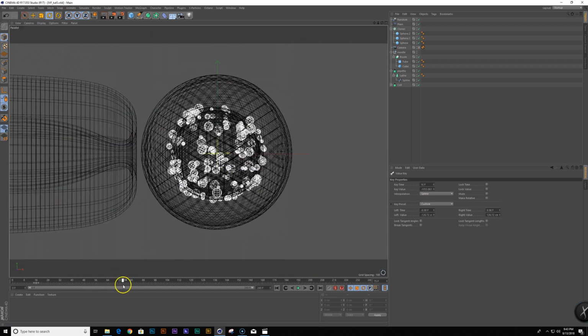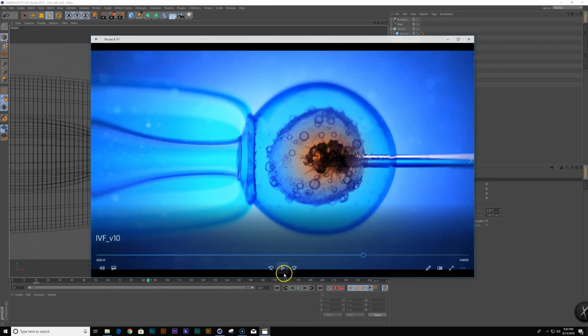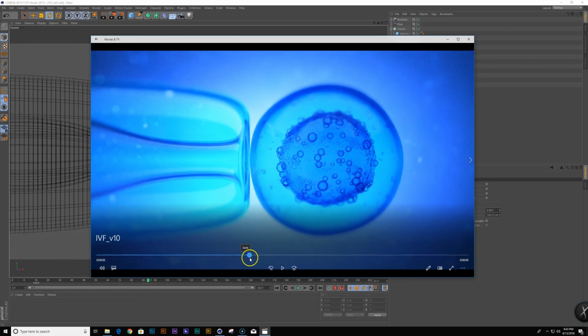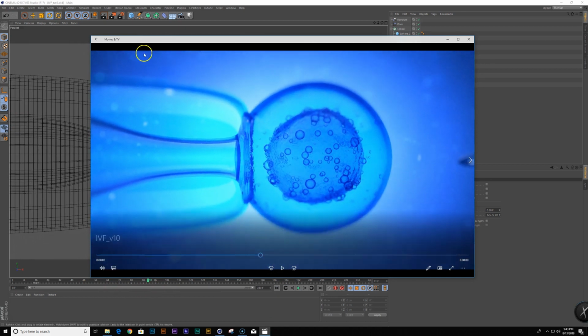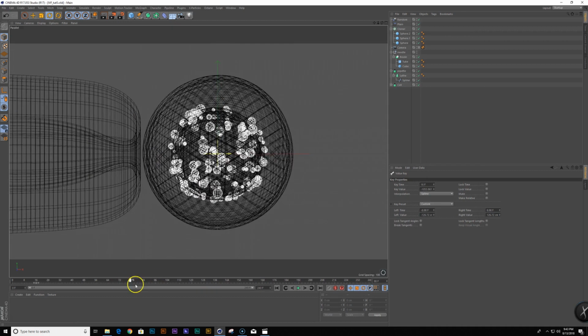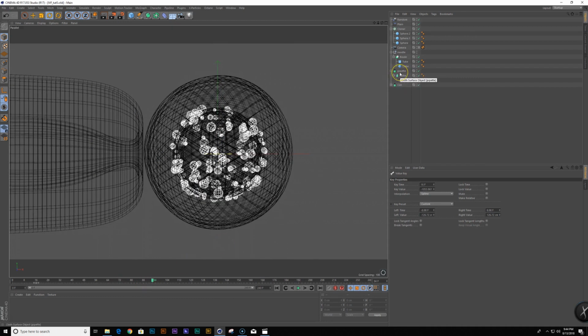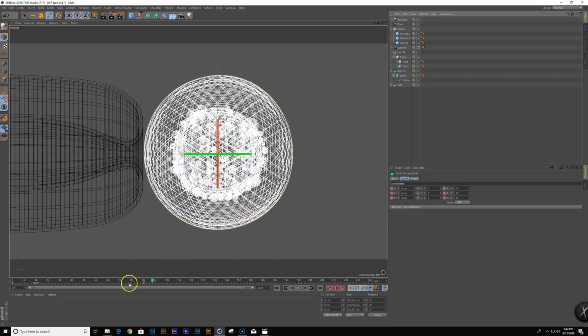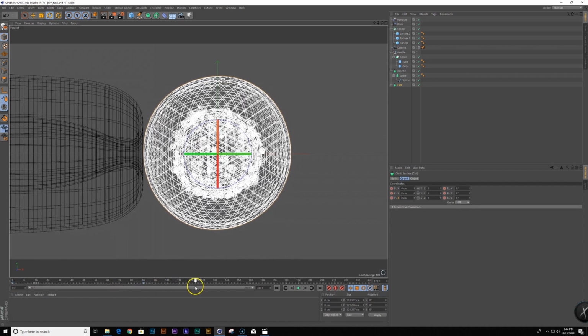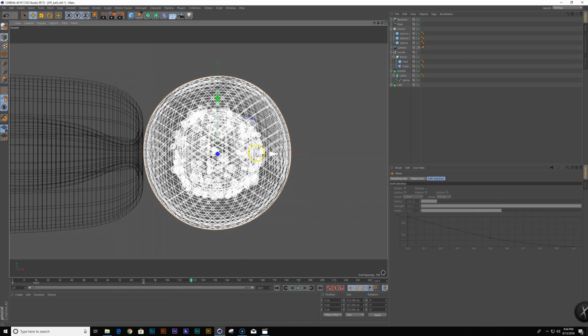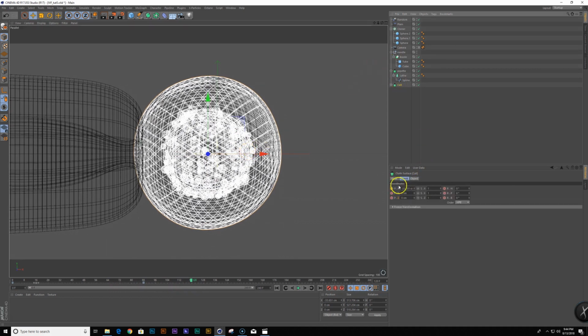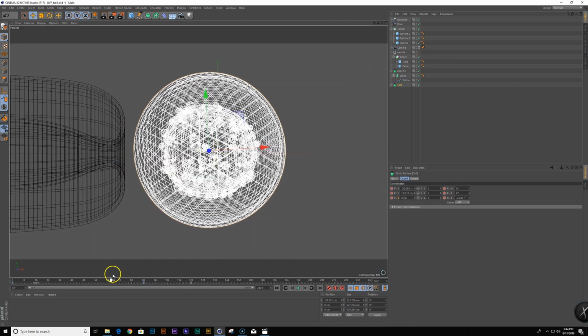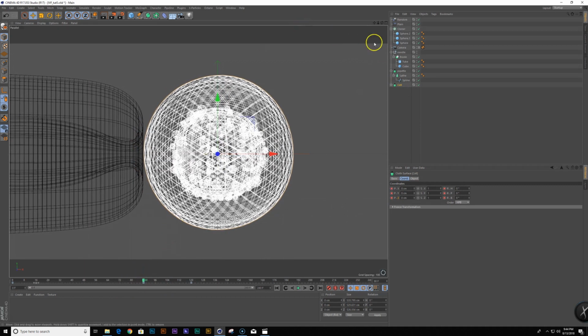Okay, so when this first comes in, we have a little suction kind of action to pull the cell right into it. So to do that is very simple. I'm just going to animate the cell position. Maybe go down a couple frames and just move that in a little bit. Let's keyframe that. But around the same time, I want to create this kind of sucking